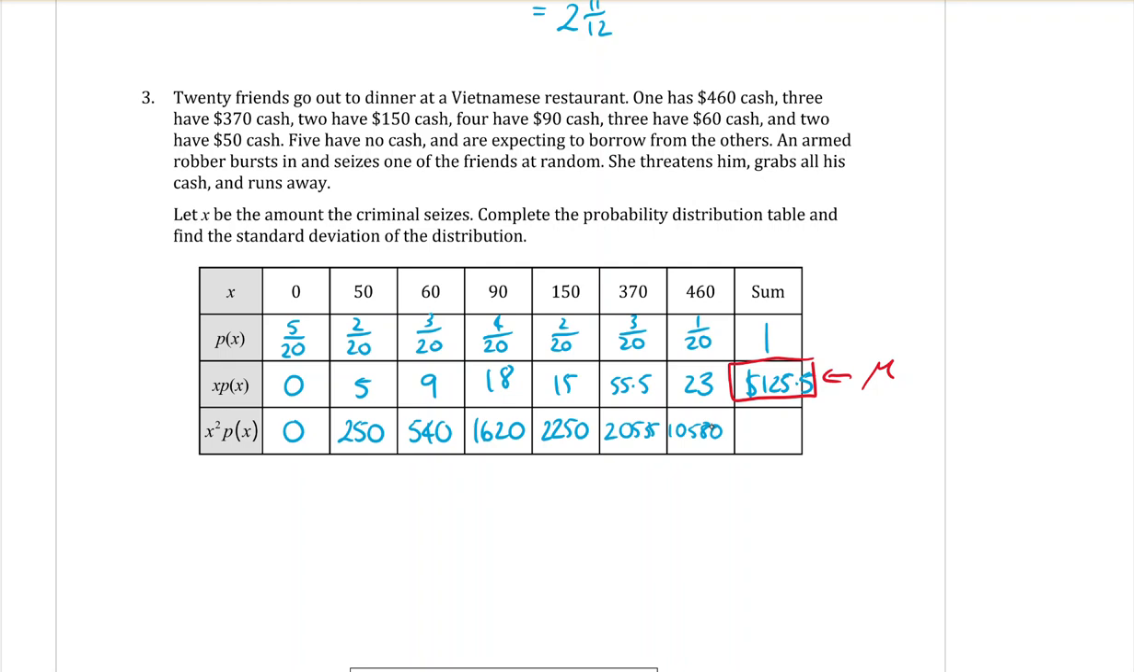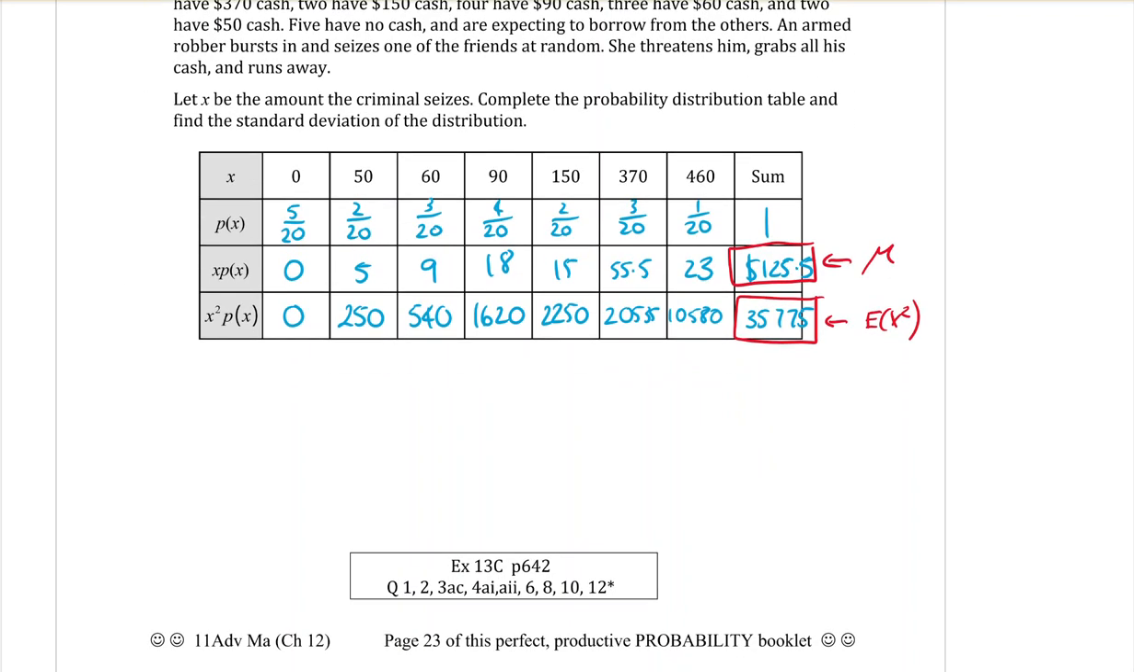So sum them all up. Is anyone doing it? Calculating frantically? Calculator's definitely your friend. You need them for this topic. 5,771. Yeah, good. Okay, so just a reminder, that is not the variance, because this is the second formula that we're using here. This is the expected value of x squared. So to get the variance of x,